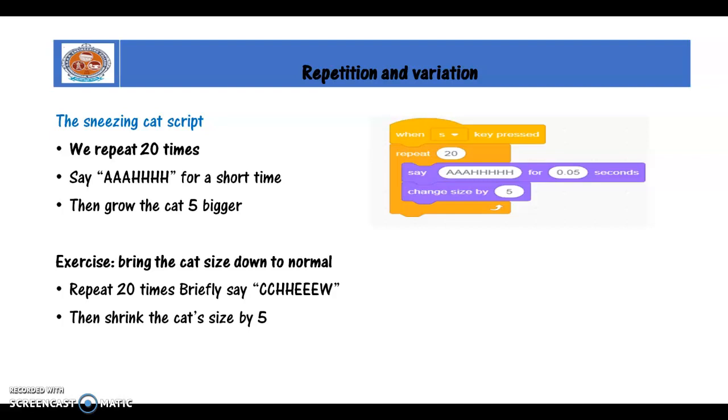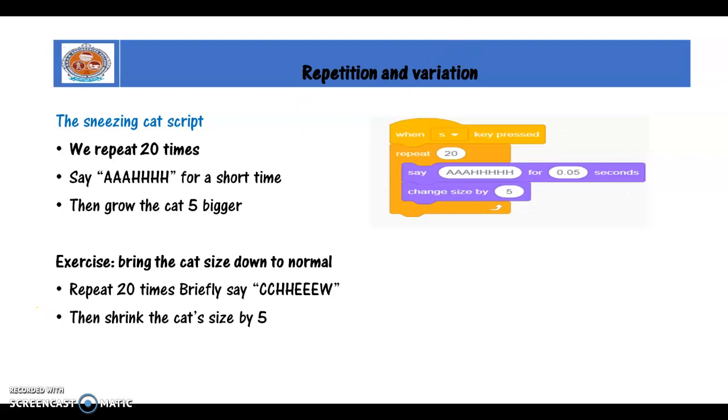Just before our exams, we prepare a timetable to follow for some 10 or 20 days, and we want to repeat that process for some particular number of times.